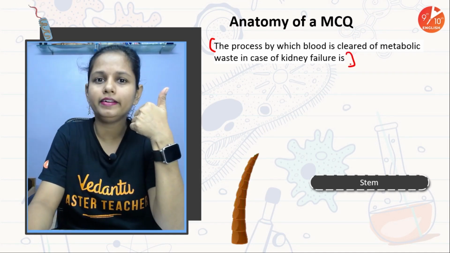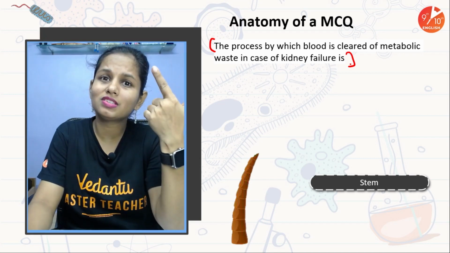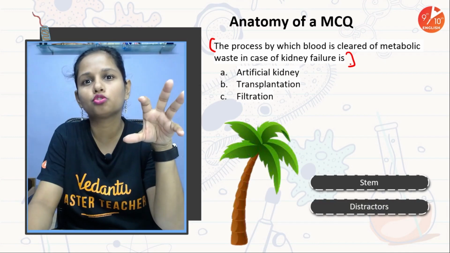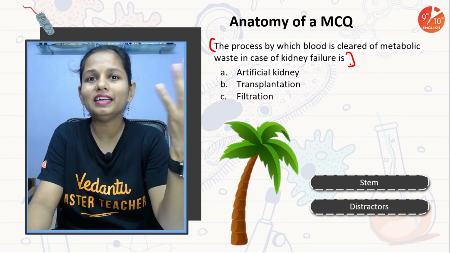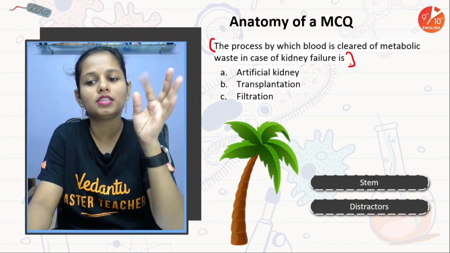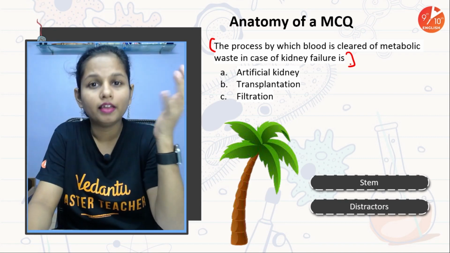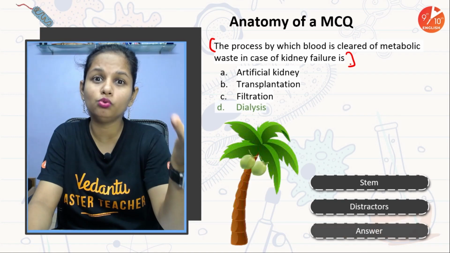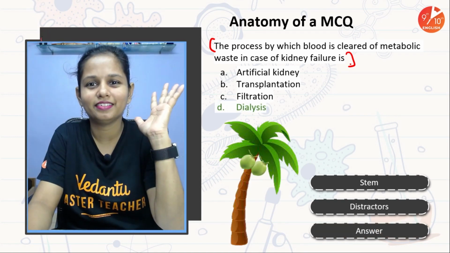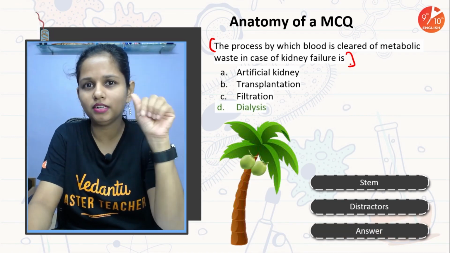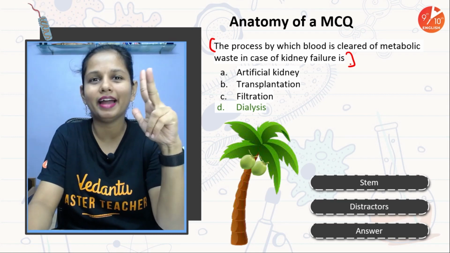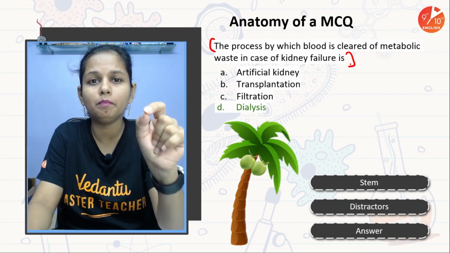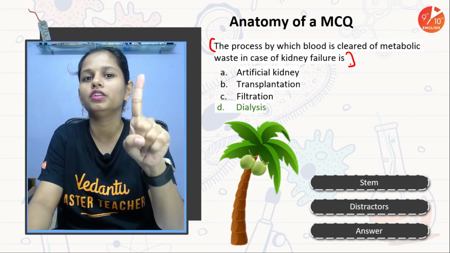Okay, then second, there will always be some kind of distracting elements, like you have multiple options to choose from, right? So those multiple incorrect choices are your distracting elements. And thirdly, there will be the final answer, which is the key. That's the answer, right? So every question has three parts: question, distractor, and the answer. Hai na? So we need to identify and pick up the correct answer so that we get 1 mark.